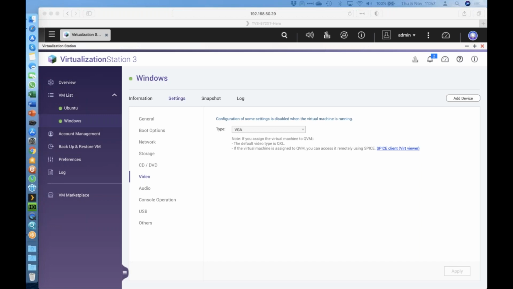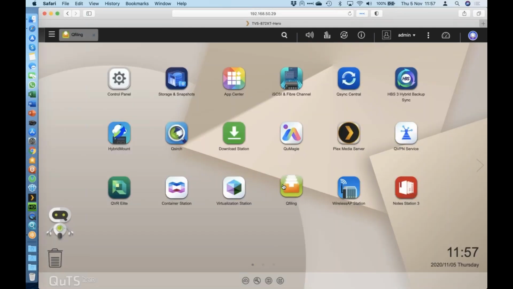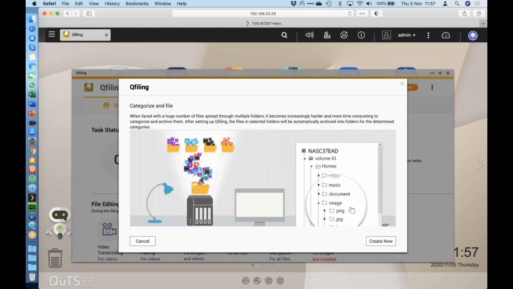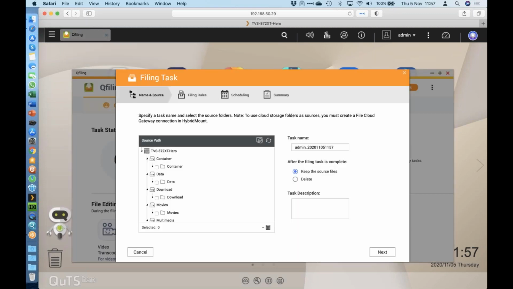Tony's asking a question about QFiling. No, I didn't do QFiling in this session, Tony. It is installed, so just as a reference, that is one extra app that's installed. It's just I don't have any rules created in it, but QFiling is a really good tool that allows you to automate tasks on the QNAP. So you can set rules here, such as maybe you've got a folder called upload where you've got some customers uploading files to you. You can say that if a file gets uploaded into this folder, I want you to